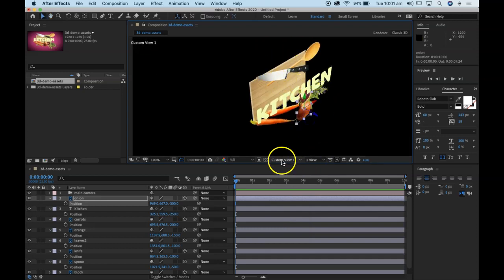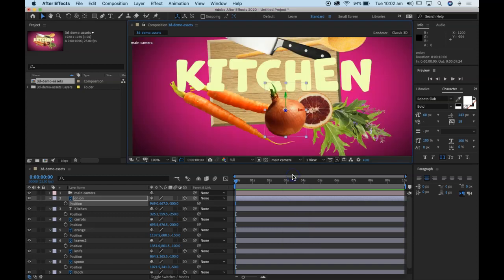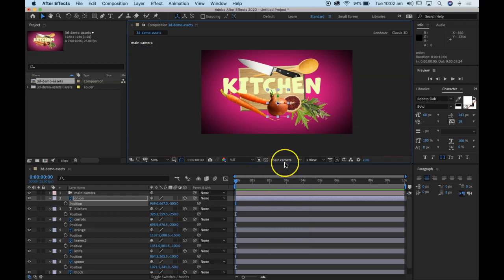Kind of see that space in play, and back at our main camera view. Okay, so to show that three-dimensionality, to see those elements in that Z space, I want to move the camera around, and we can do that by,